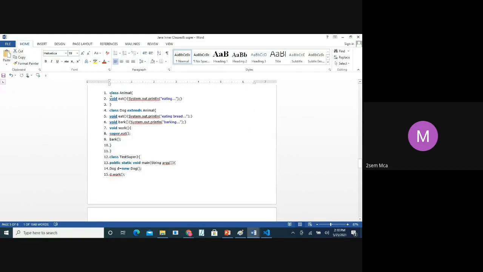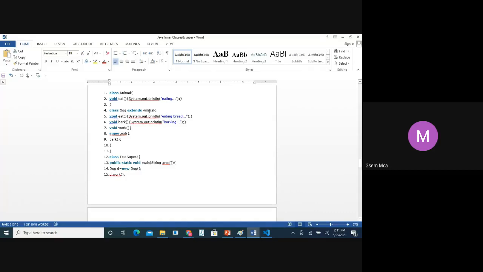Now take the same class A, and we have taken one method called eat. In this eat, we are doing nothing, just displaying, to understand the concept of super. In the same way, Animal is a base class, and Dog is a derived class. Some people say superclass, some say subclass, some say base class, derived class. It's one and the same. You can say as you feel. To make it clear, I am using base class and derived class. Animal is a superclass, Dog is a subclass. Both are one and the same.